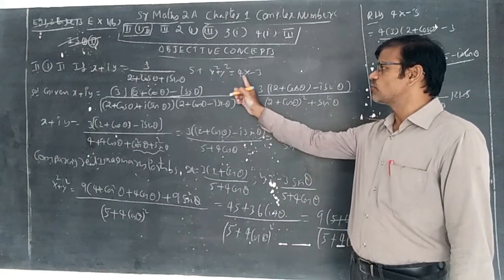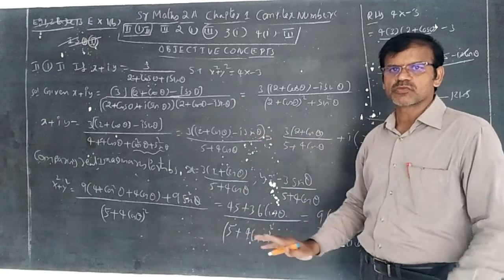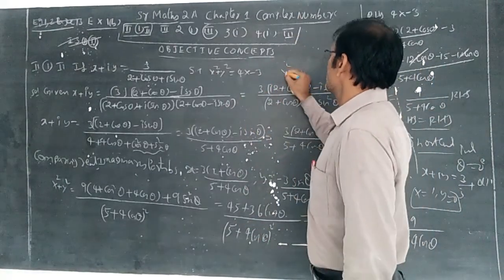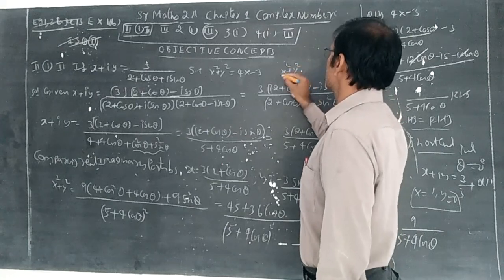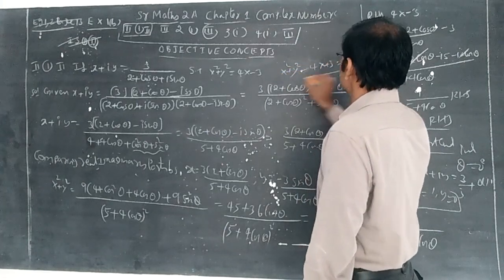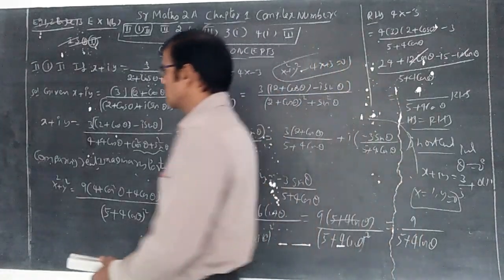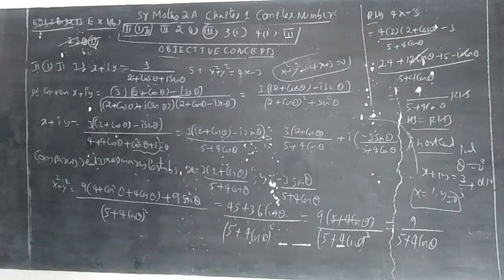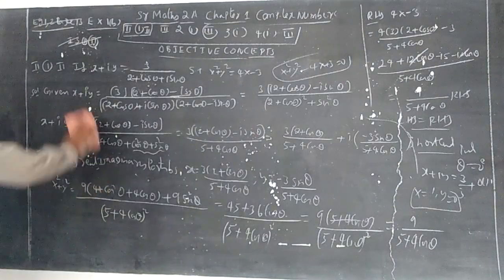Substitute the values here. x is equal to 1, y is equal to 0. 1 plus 0 is equal to 4 into 1 minus 3, 1 is equal to 1. Verifying the option, in objective this question will be like this: x square plus y square minus of 4x plus 3 is equal to 0 is the correct answer. By substituting theta equal to 0, you will get x equal to 1 and y equal to 0.